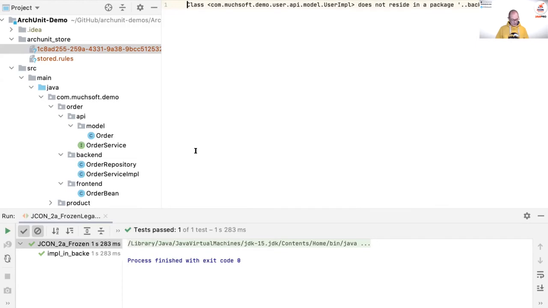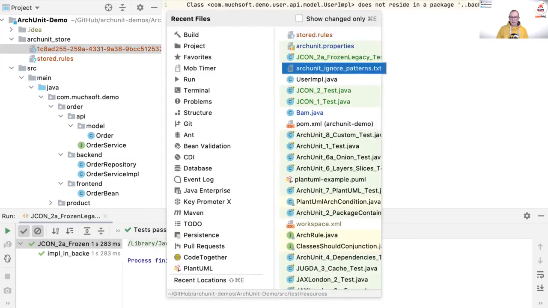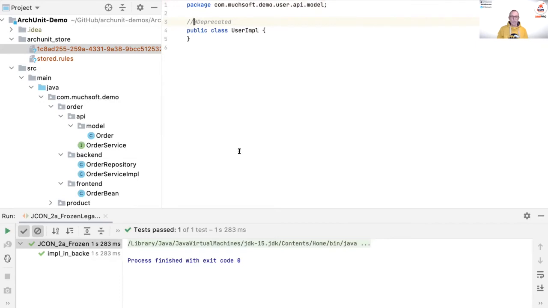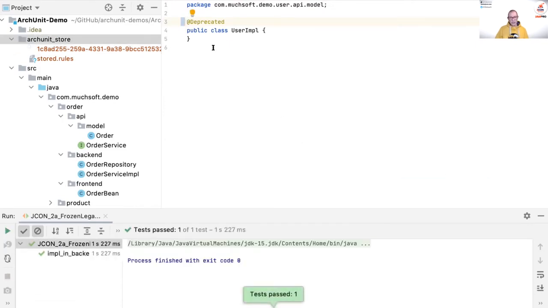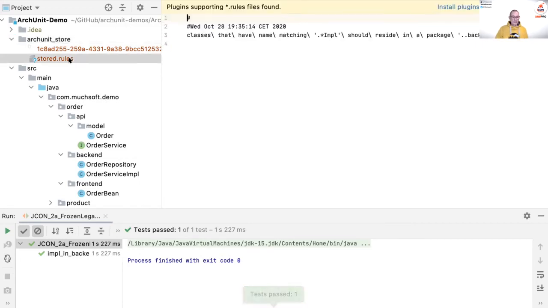Now let's fix this violation. So I go to user impl and make it deprecated for simplicity. I won't do a great refactoring here. I just make it conform to our rule. So we will have one violation less. And let me run our frozen test again. Now the test is still green because we don't have any more violations, but one less. And if we have a look at the stored rules, they are still there because we once had these violations, but